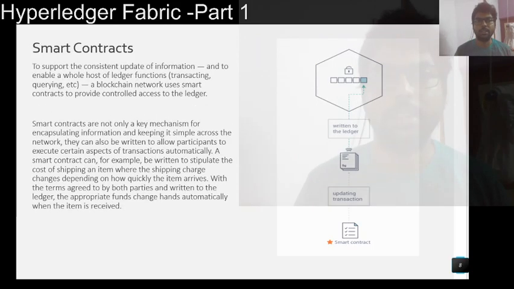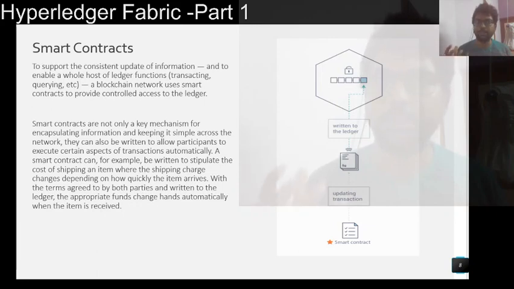Yeah. Then another component you should be familiar with in Hyperledger Fabric is the smart contract. Basically, a smart contract is nothing but a piece of code. It is just a program. This program is deployed onto your blockchain node, on top of your ledger. In the previous slide, you have your own ledger and your own infrastructure. On top of it, you are going to deploy a program. This program has some functions written in it.